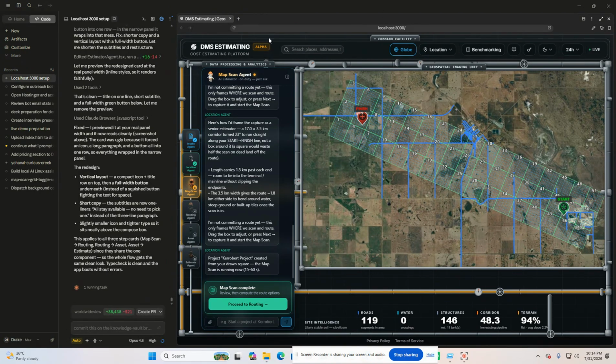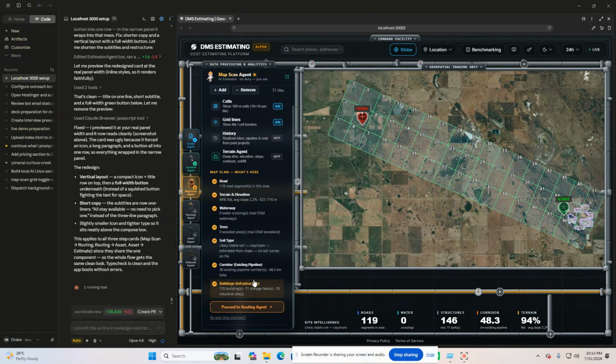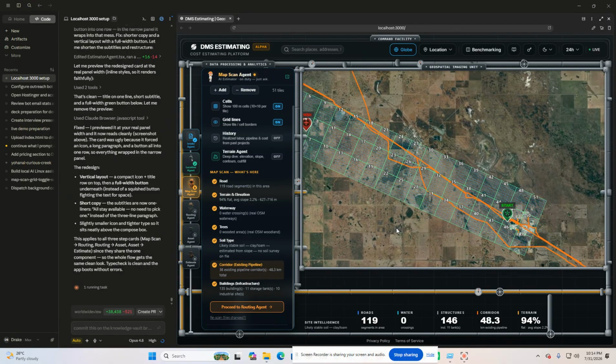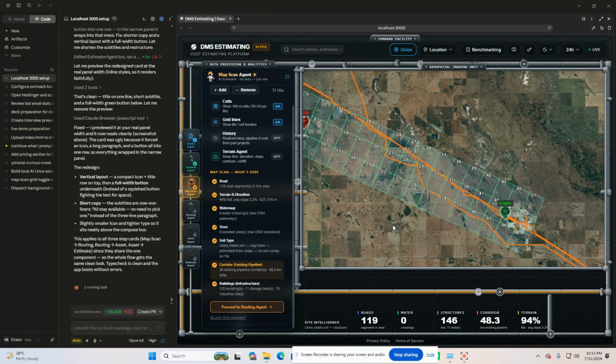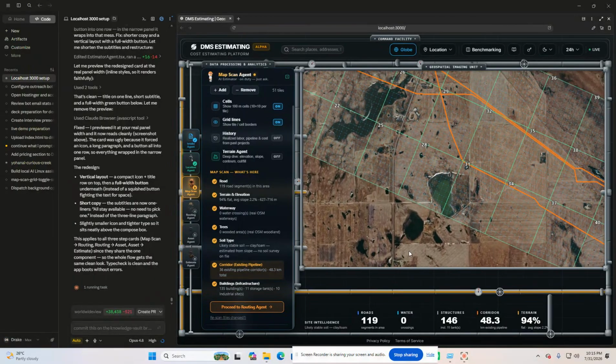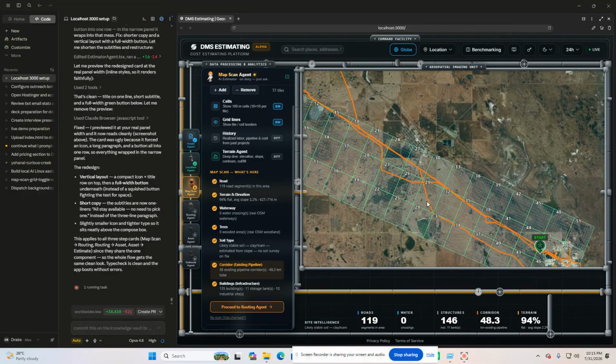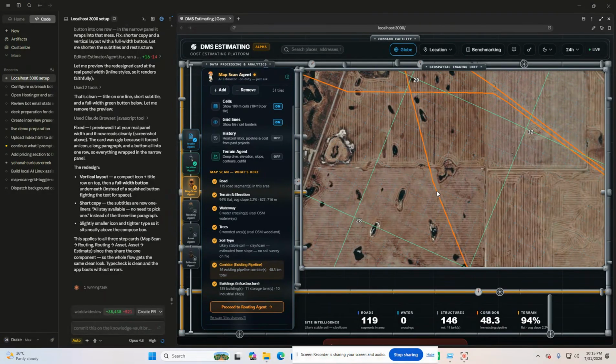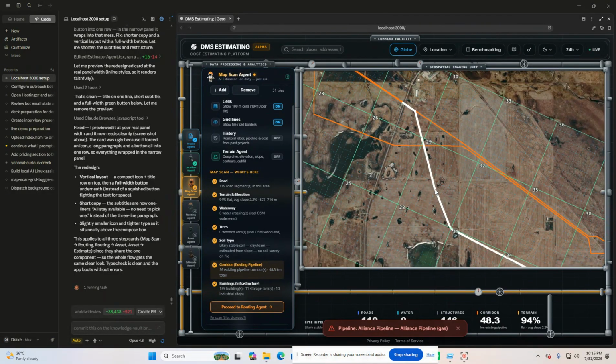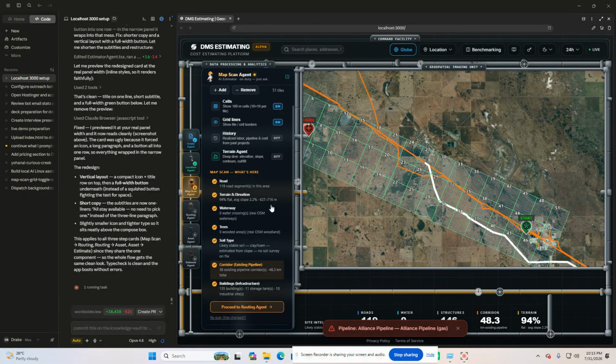So the pipeline routing is only there. So the new pipeline route, where's our new pipeline route? This one is the existing pipeline route.